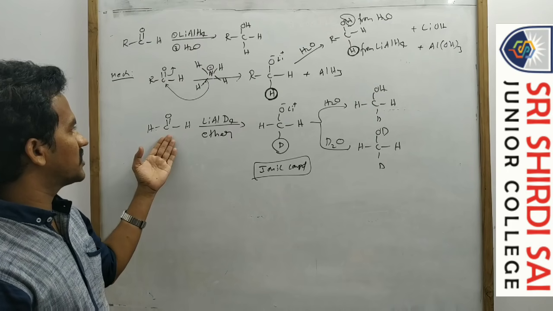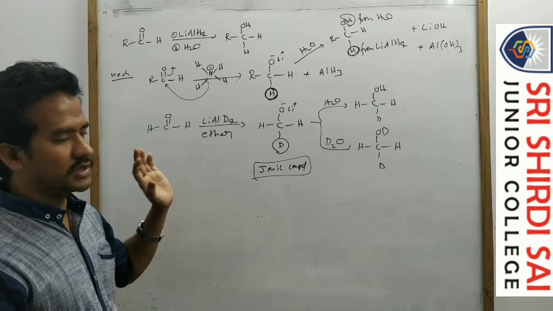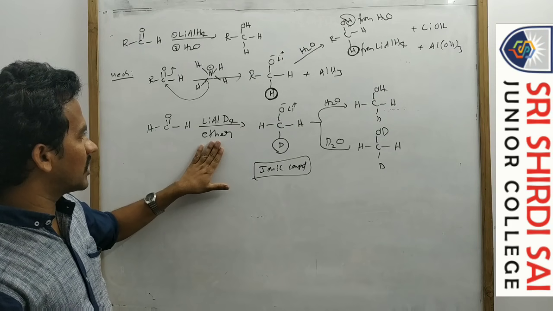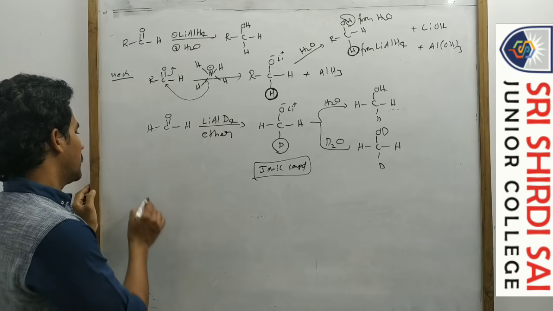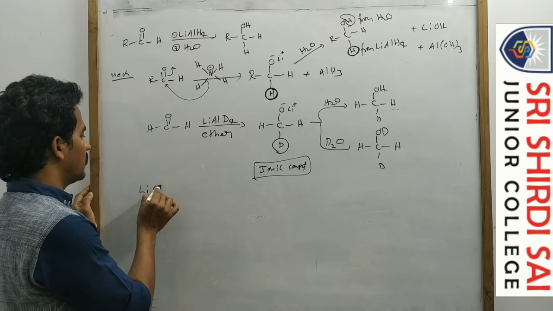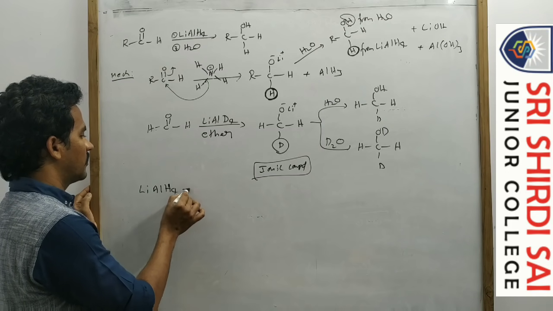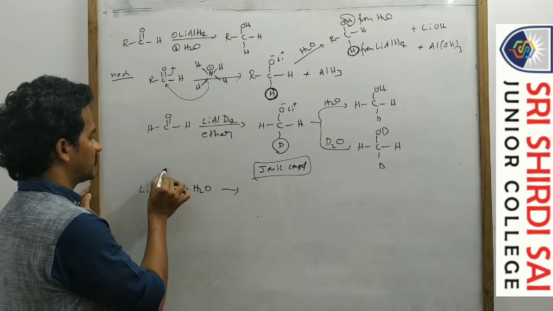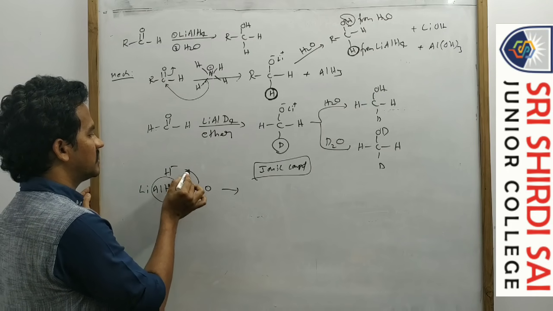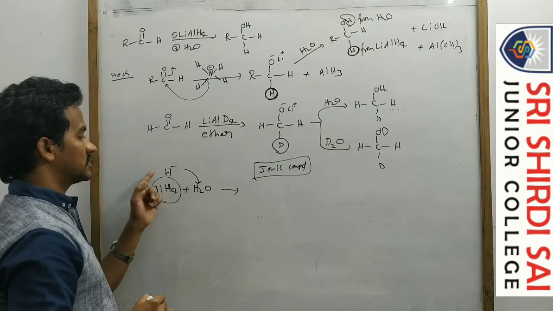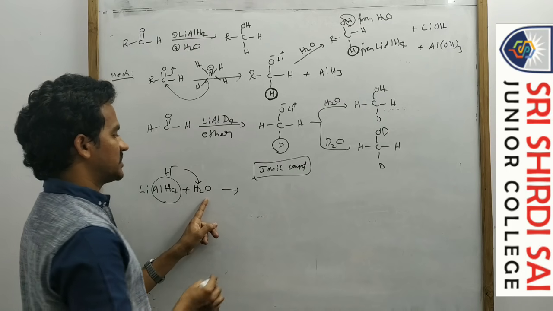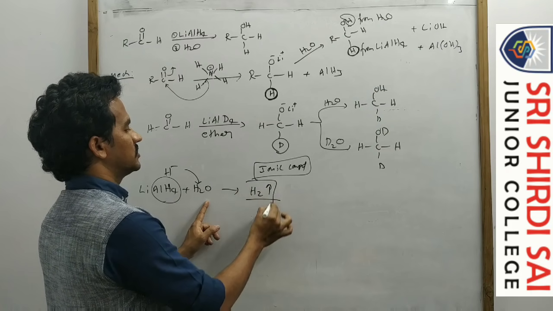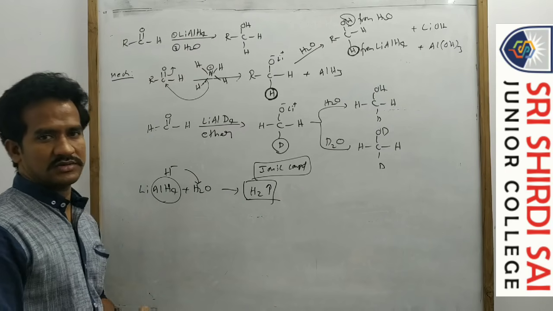Of course, these carbonic compounds are less soluble in water. That's why ether is the solvent here. Why is ether the solvent in this reaction? If you take water initially, the H minus from the LiAlH4 combines with H plus from the water, so that produces H2. So that's why ether is the solvent in this case.